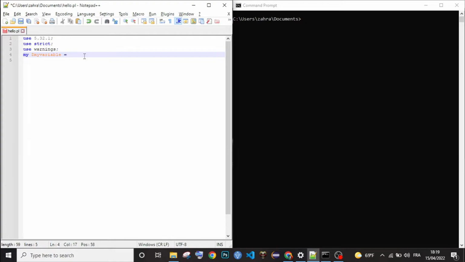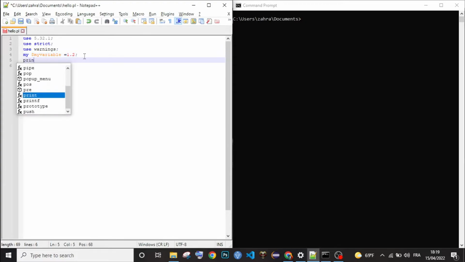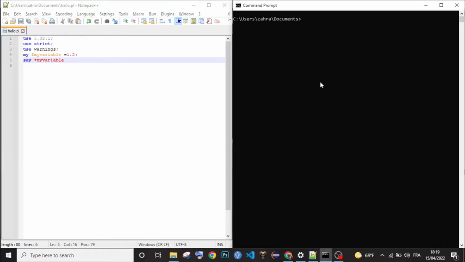Now, what's interesting about scalars in Perl is that their values can be anything really. They can be an int, a string, or a double, and you can change between them however you want. Let's say my variable, and you run it.